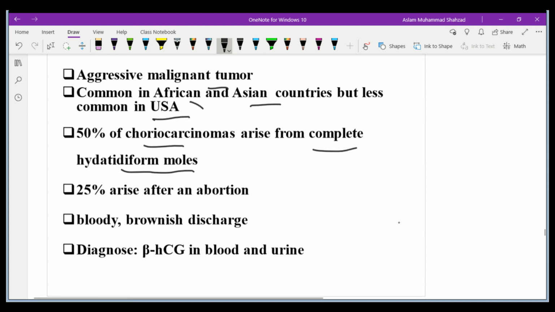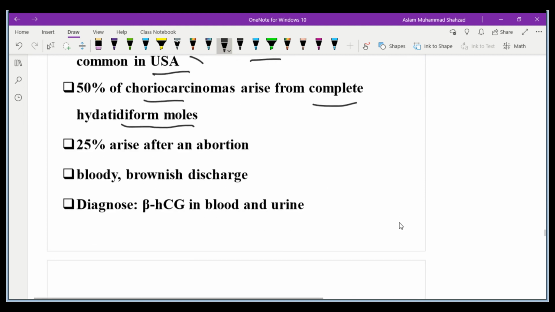Choriocarcinoma is dangerous, because if the chorionic villi are affected, it can affect the fetus as well. 25% arises after abortion. This leads to bloody brownish discharge, and it can be diagnosed with the beta HCG level. As we discussed before, the HCG level is an important